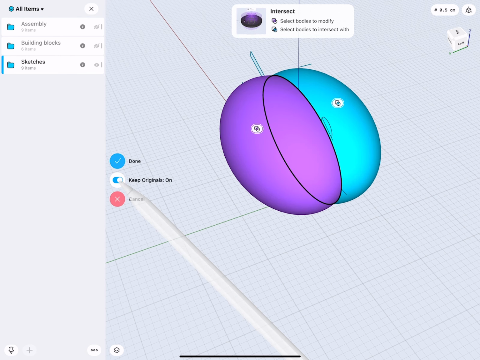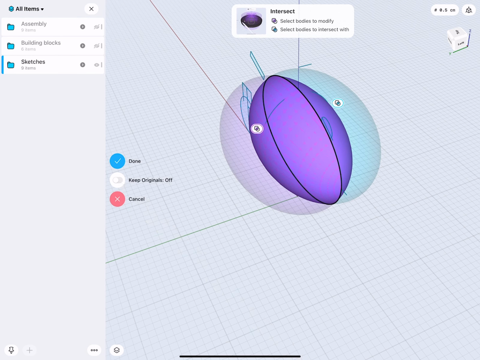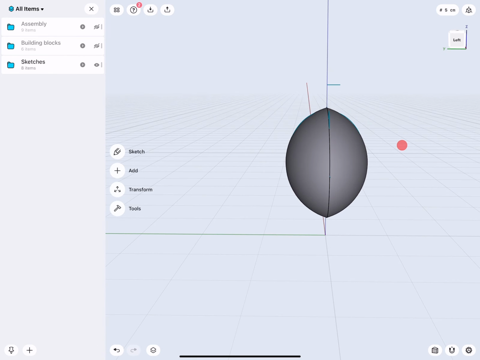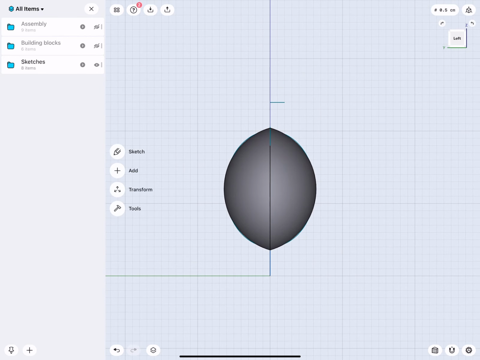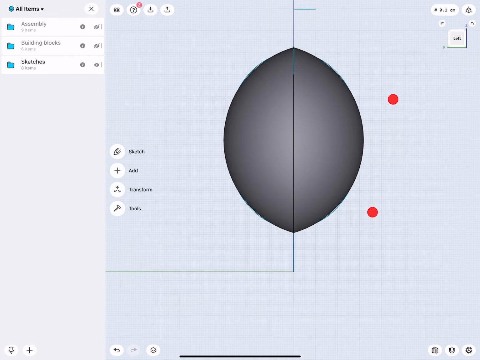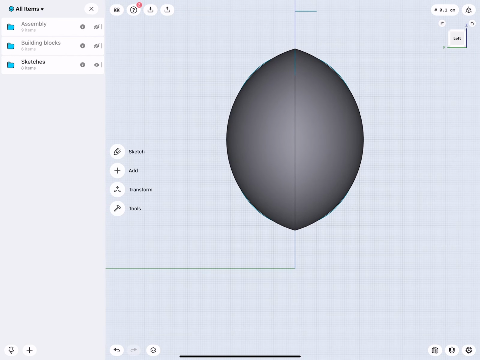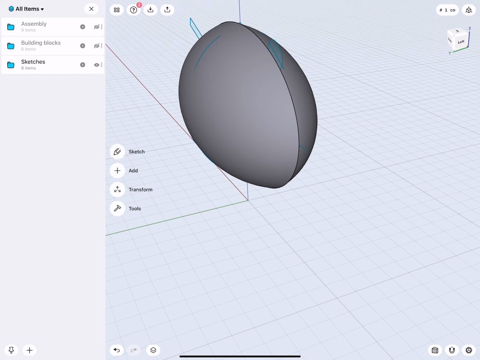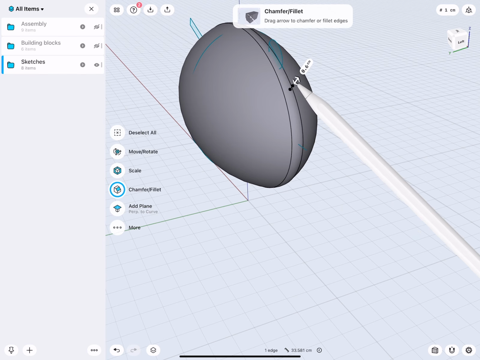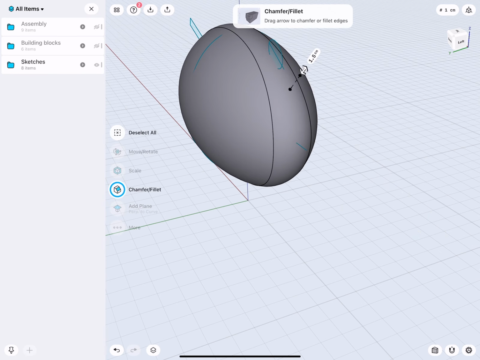And then keep originals off. Or if you want, you can keep them so we have them for reference, but that thing is so easy to rebuild. And there we are. Now we have from this view a nearly elliptical profile. And to get that elliptical profile, this hard edge, we simply round.